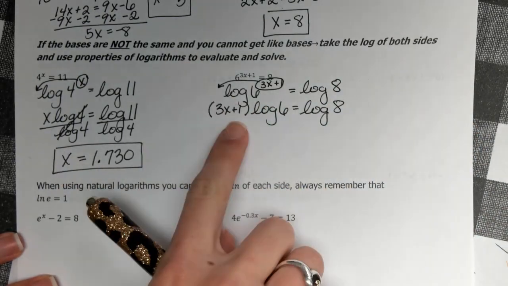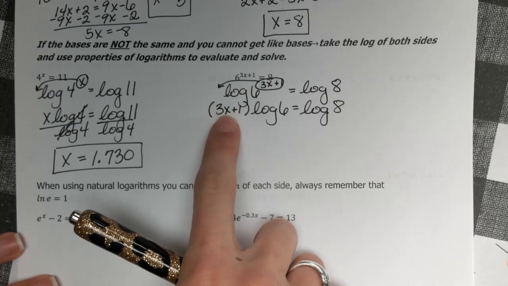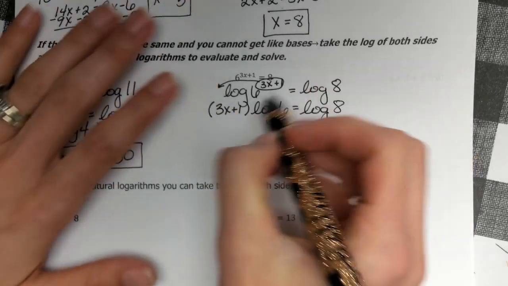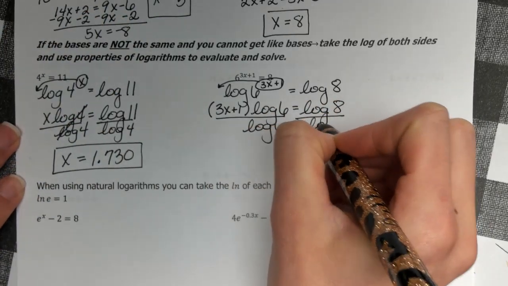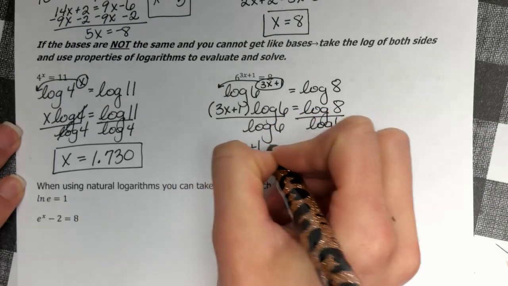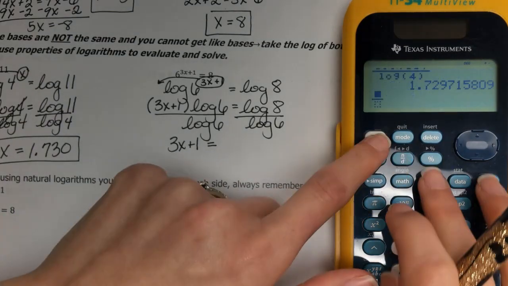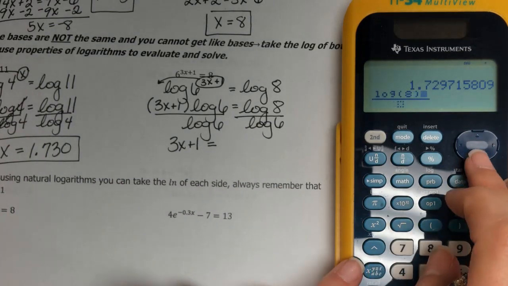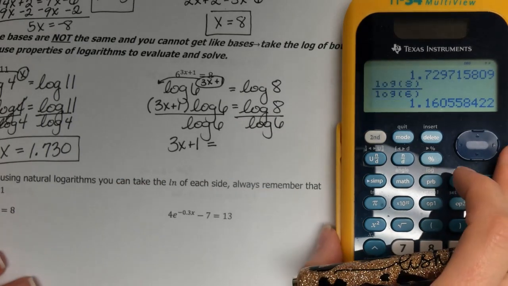Okay, so my goal is to get this x by itself. Before I can get it completely by itself, I need to get the 3x plus 1 by itself. So I'm going to divide both sides by log of 6. So 3x plus 1 stays on the left, and then log of 8 divided by log of 6, that would be